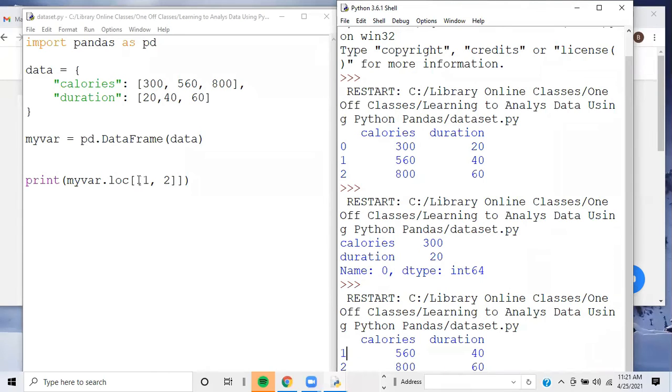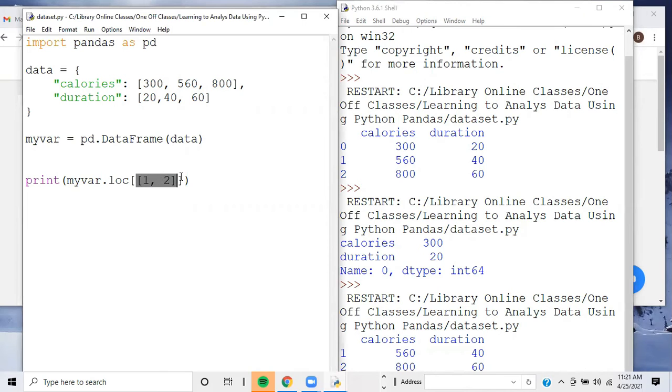So if we want to display everything, what we can do is say index. Oh, we have to change this. We have to do it up here. So we have our data, comma, index,